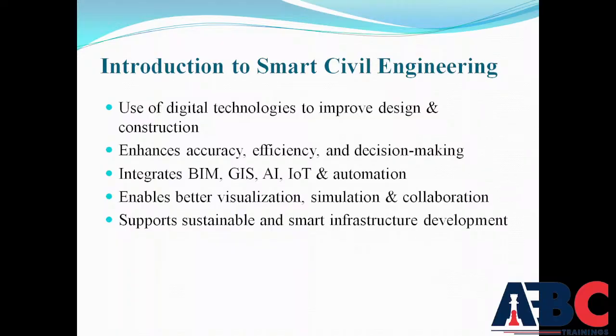So in that, what kind of technologies are we using? First of all, it is BIM, building information modeling. As we all know what building information modeling is and why it is used. After that, GIS. GIS means geographical information system. After that, AI, which we all know about. AI is artificial intelligence, which is everywhere in our social media and our daily life. We are using AI, so why not use AI in our civil engineering field and make it more integrated, more automated. After that, IoT means Internet of Things.